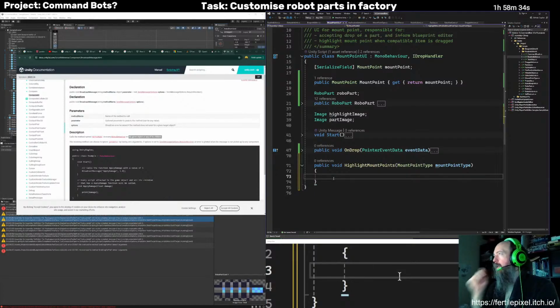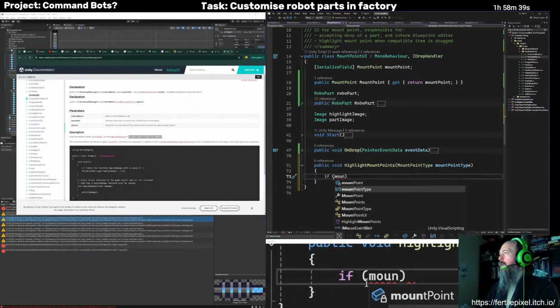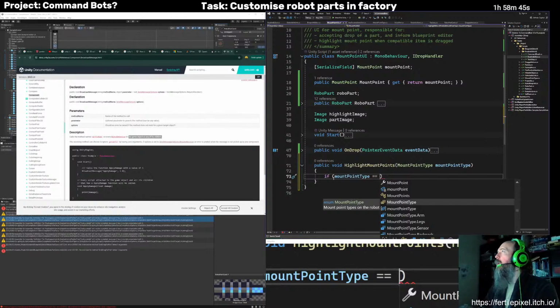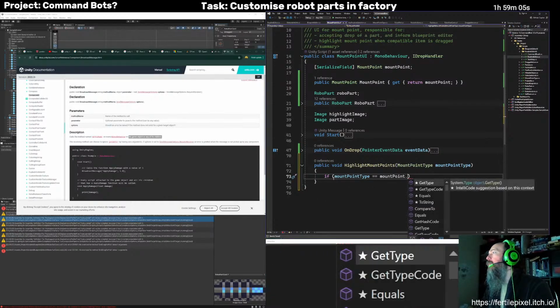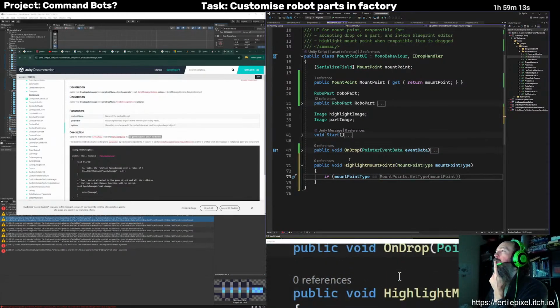And if the mount point type is equal to my own mount point type, what was I using before to look up?